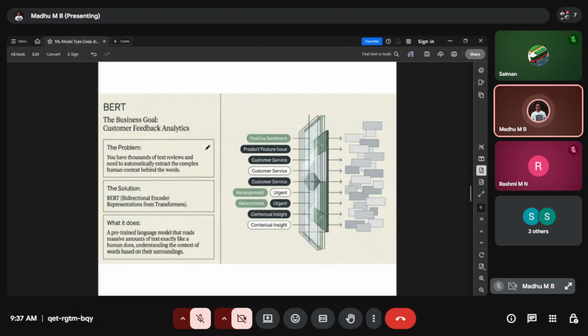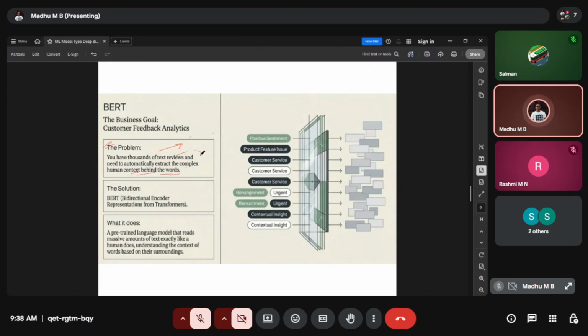here again, I am just taking one example problem. We have thousands of text reviews, and there is complex human context behind the words. Basically the customer is providing feedback, telling that the energy service is not as per expectation at a certain duration of time, the power is not great, there is power fluctuation, and so on.